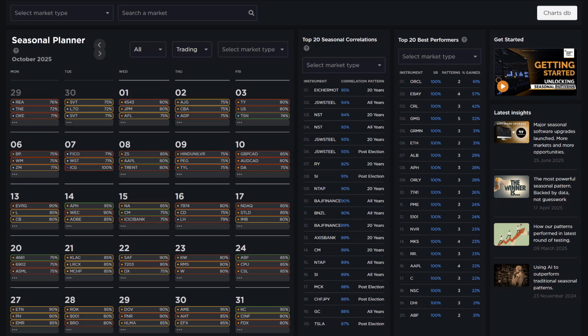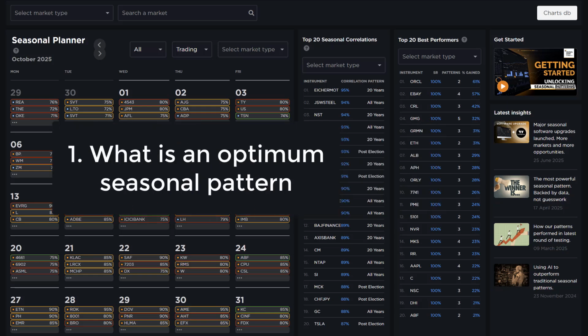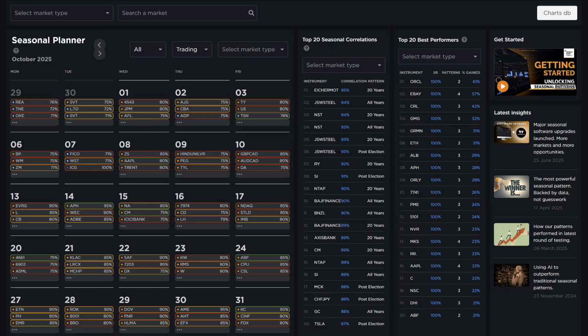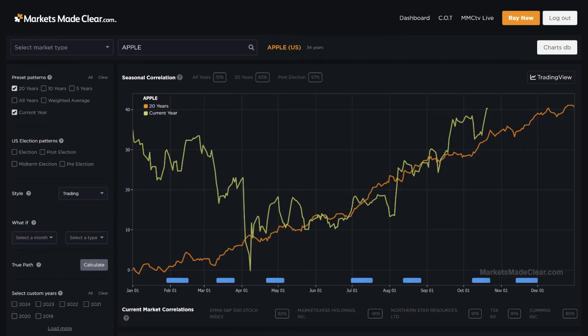The first is, what is an optimum seasonal pattern? And secondly, what is a seasonally correlated market? To do this, I'm going to show an example first of all. Let me pick which one. We'll pick Apple. What our software does is it looks through the history of a market to find its most